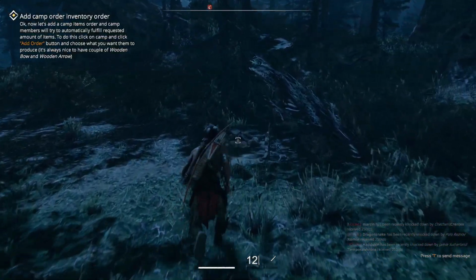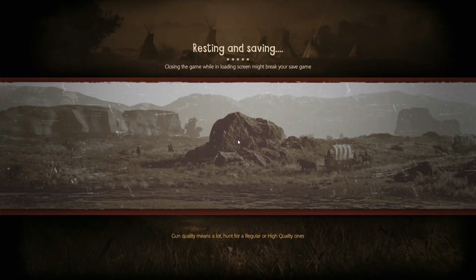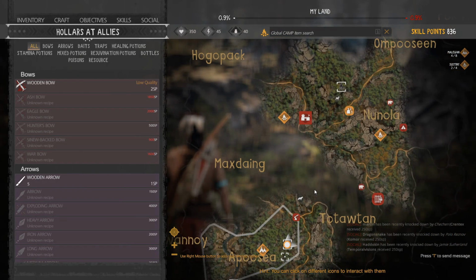Hey, there's the campsite right here. Let's go ahead and light this campfire. Come on, baby, light my fire. Rest and save real fast. Alright, so we've rested and saved. Unfortunately, that took us to the next day, which means...